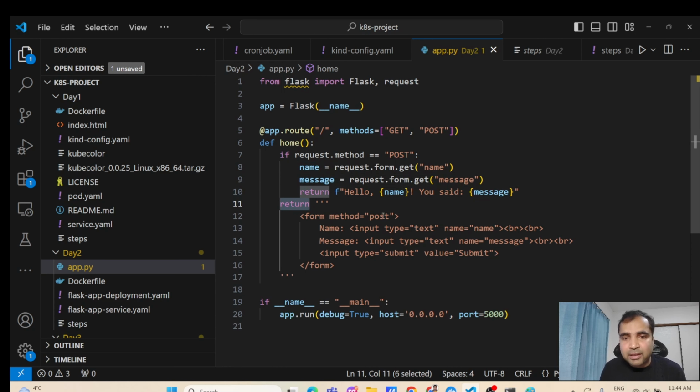And from method post, we are telling name as input type is text, name. So a text name will come, and then a text box will be there for message, input type again text, and the message you will be typing. So input type will have a submit button, and then form is closed. So this is a normal